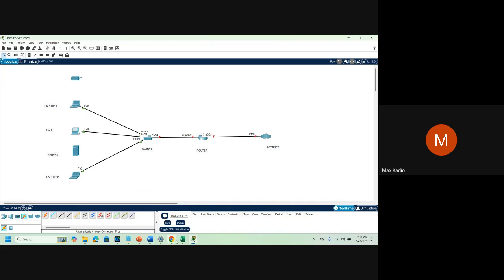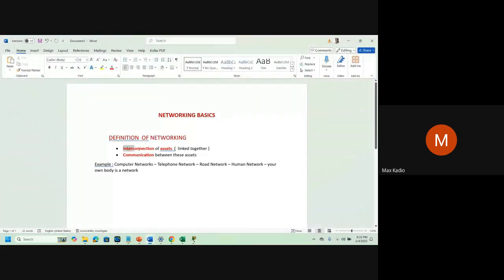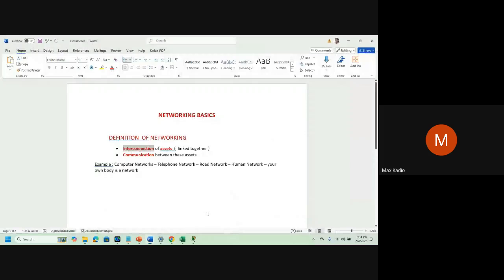Let's go back to our definition of networking. Interconnection. It means we are all connected with cables, and we have different types of cables. You cannot just grab any cable to connect to anything. No. So we'll teach you step by step all of this. Interconnection, we are all linked. Of assets, what assets?